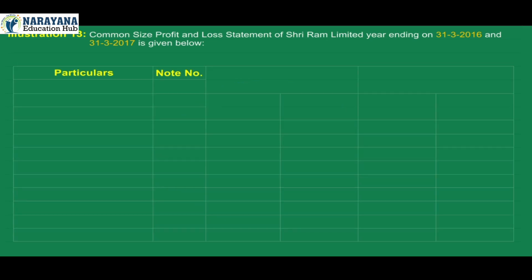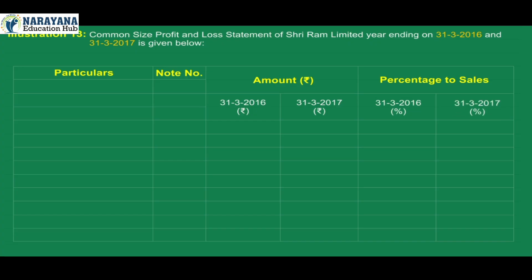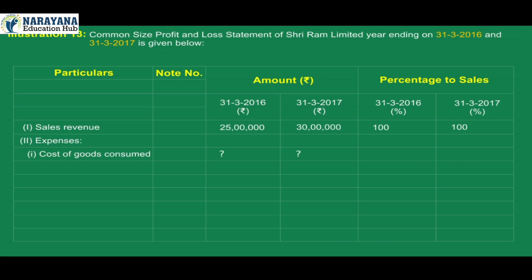Particulars, note number, amount, 31st March 2016, 31st March 2017. Percentage to sales, 31st March 2016, 31st March 2017. Number 1. Sales revenue. 25 lakh, 30 lakh, 100%, 100%. Number 2. Expenses. 1. Cost of goods consumed, question mark, 75%, 78%. 2. Financial expenses,